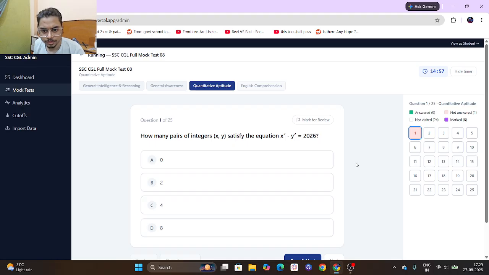How many pairs of integers x, y satisfy the equation x squared minus y squared equals 2026, so (x plus y) into (x minus y) is equal to 2026,